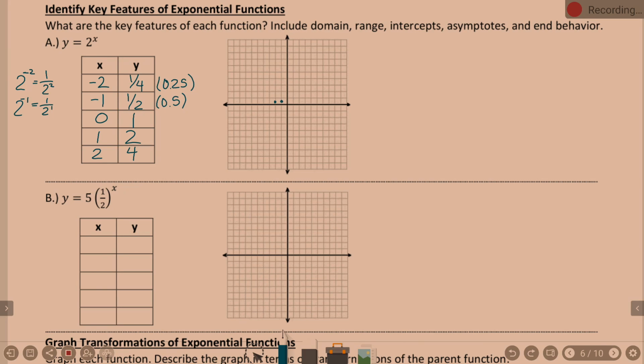0, 1. Left, right, 0, up 1. 1, 2. Right 1, up 2. 2, 4. Right 2, up 4. Do those points look like they could form a graph similar to what we looked at up above? Okay. So as you draw this,